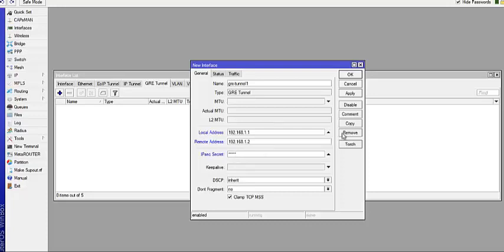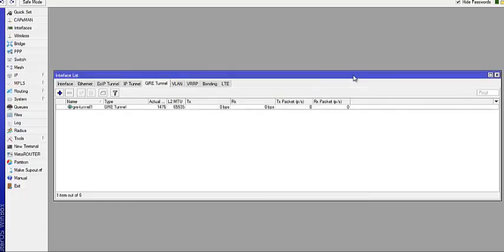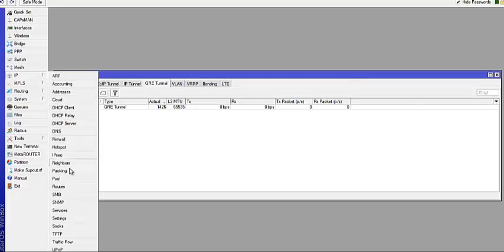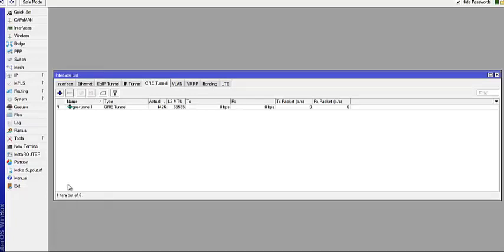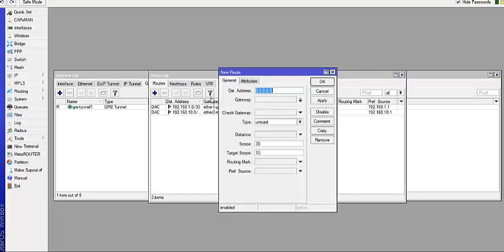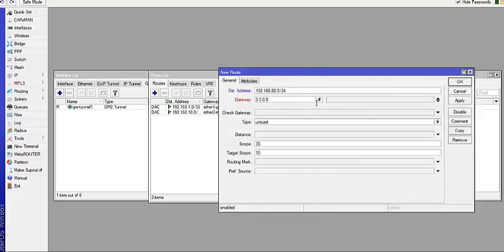Having done that, I'll apply and OK. So I'm going to come over here now and create a route to the local network on the other router. So on that router, I have 192.168.88.0/24. And I'm going to say the gateway to get to that interface to be the GRE interface. Apply and I'll OK it.